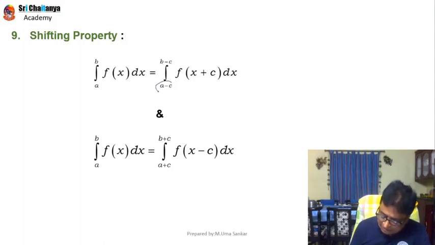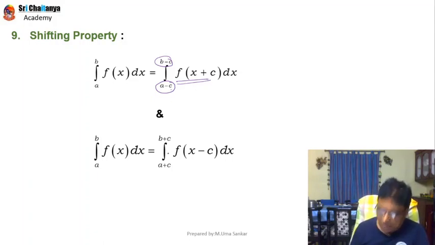See here, my friends, what happened? I am subtracting c from the lower and upper limit. That means I am reducing a to a minus c and b to b minus c. With that effect, what happened? f of x becomes f of x plus c. So whenever I am subtracting some fixed constant in the lower and upper limit, we are adding the same constant in the variable. This you have to practice.